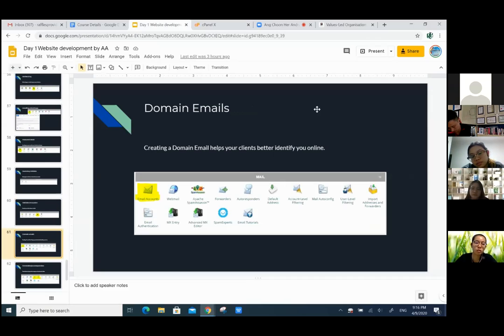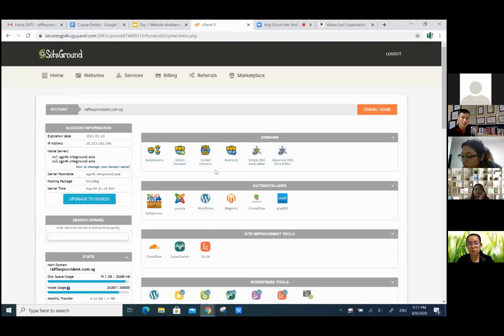So take for example, I'm working under excel.com. I can create a name called, for example, admin@excel.com under G Suite, which I need to pay a certain amount every month for running that Gmail. But if I want to do it for free, you can actually do it on SiteGround, which is here. So I will do a simple version based on the website I just created called